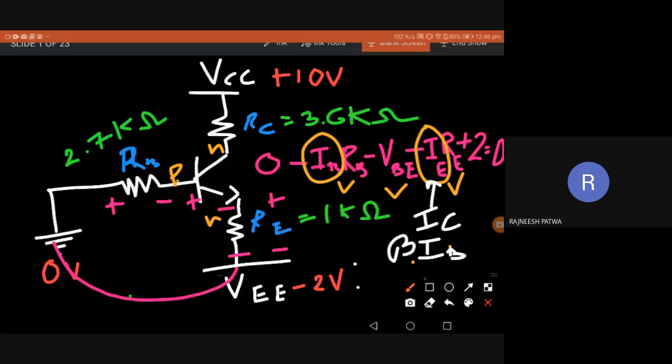Now once you get the IB, here also again you can assume beta is given, so you can calculate IC as beta times IB, because everything is given, RC is given, RE is given, so you can find the voltages. Another way of doing the same circuit is,